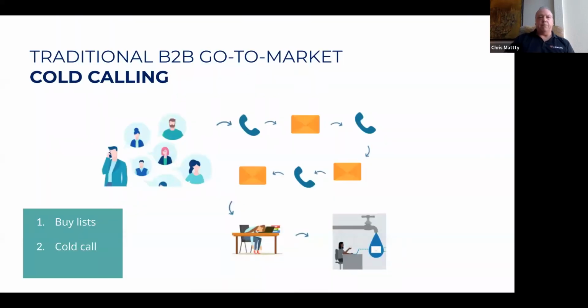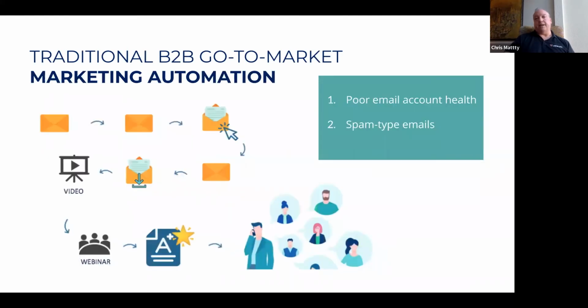So the B2B marketer traditionally, because they have not been able to use the broader digital ecosystem very effectively, have had to rely on smiling and dialing. Buy a list of people and call. And I get calls all the time still, but that's even less prevalent now because of COVID, which we'll get to in a moment. Or they buy a list of emails, and then I'm sure everybody on this call gets, if not tens, hundreds of emails of people with all sorts of tricks trying to get you to engage. So phone and email, direct outreach through BDR reps.